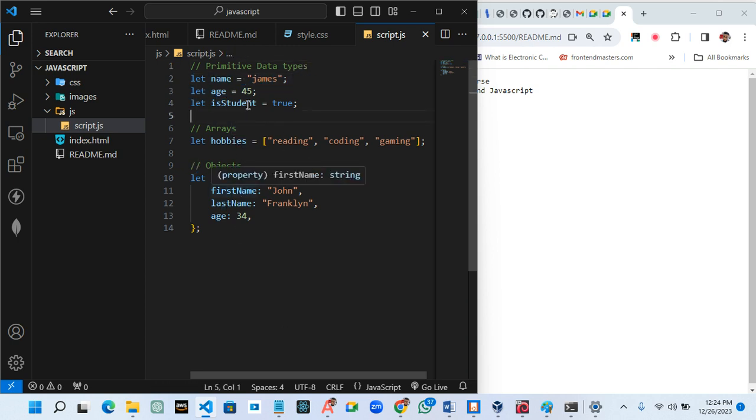Okay, so we have the numbers, we have the boolean, and we have the strings, and there are others. Okay, we have something like float, where we have a decimal point numbers and